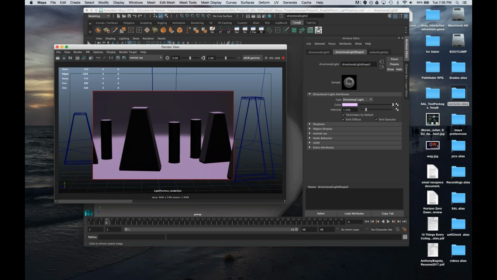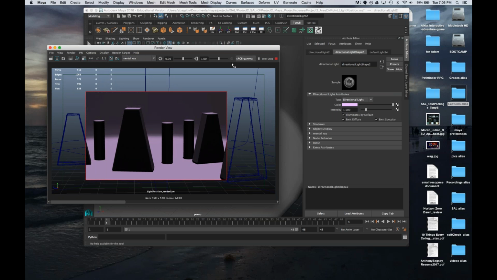And that's color and intensity. So I did color first, but you can go back and forth. I find it a little bit easier sometimes to match the intensity after the color. And the color picker is pretty handy because you can just click that one, increase the value, kind of match it. Works out pretty well.